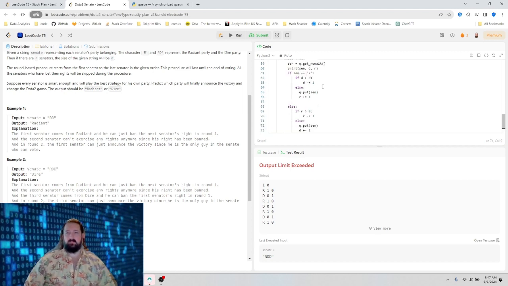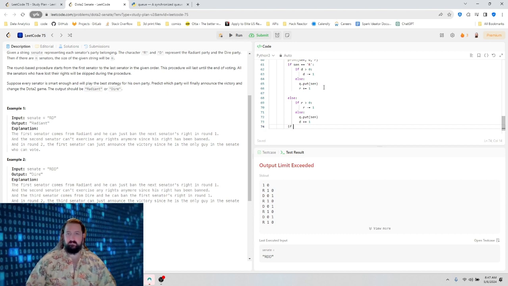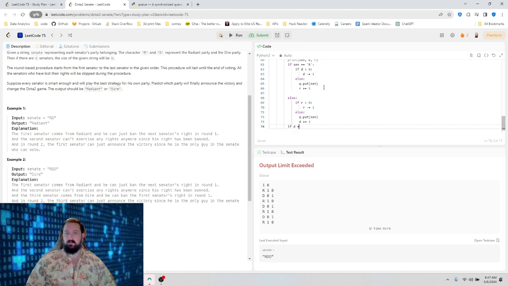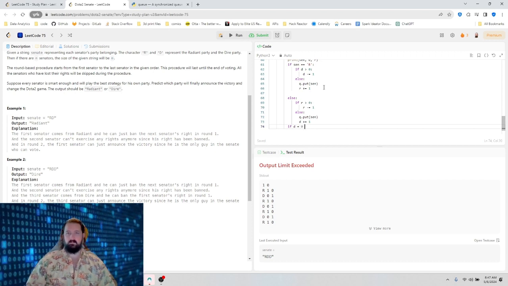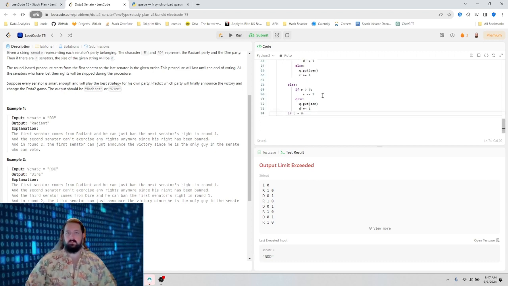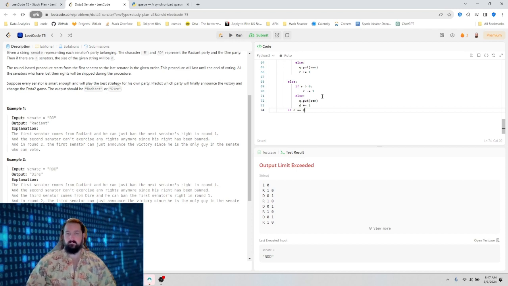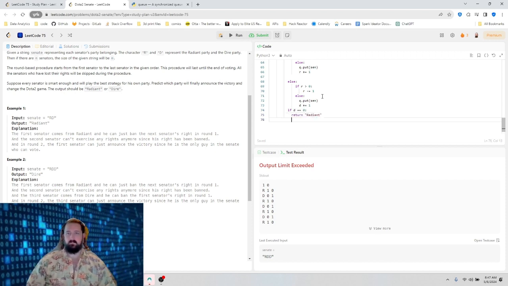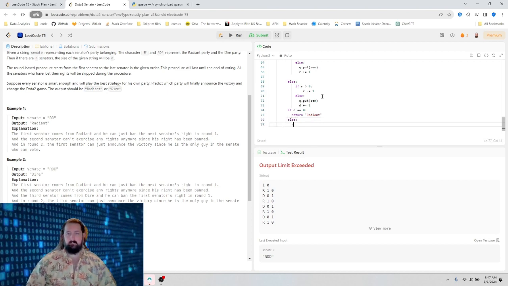And then here, I'll do if D equals 0, return radiant, else return dire.